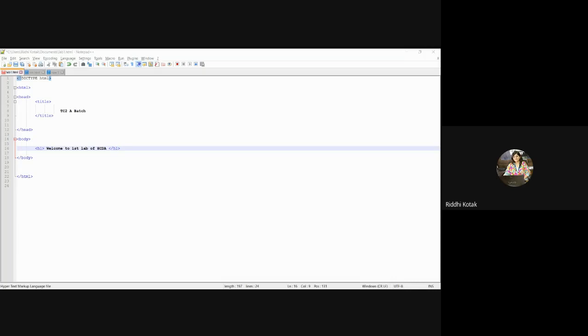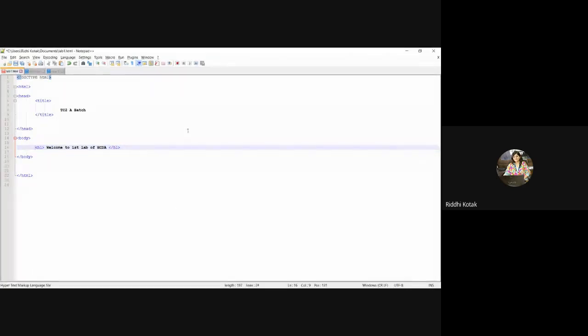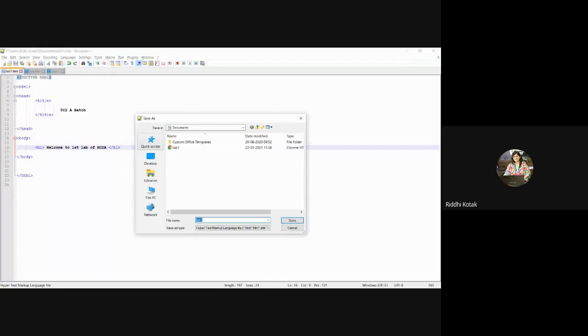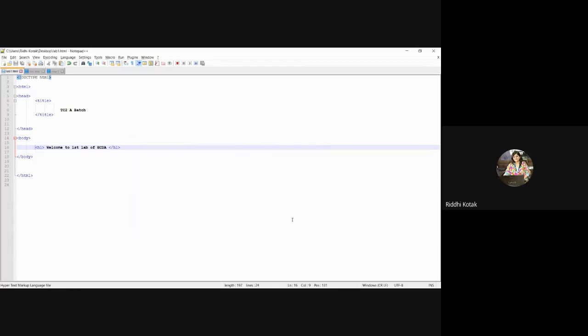So the next step is you have to save this page. For that, just go to File, Save As. You can save it anywhere. I'm saving it on the desktop. You can give any title. Lab1 dot extension will be HTML. You have to save this page as an HTML.